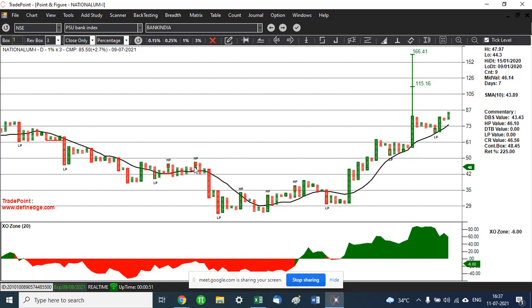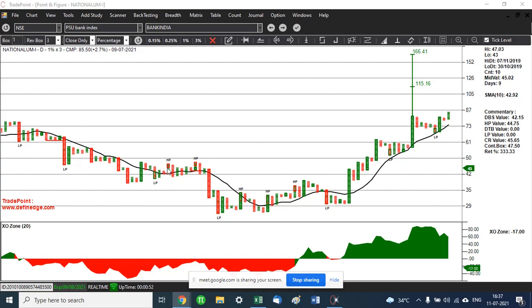Like in the candlestick chart, we say sometimes it's doing a double top or a triple top, so we call it a significant top. This high pole can be considered as that. It need not necessarily always hold. For example, we can see here there was a high pole and the stock just went sideways. It did nothing. But at least it tells us not to be bullish on the stock anymore. Here we will not short until the stock is below the moving average and it generates a double bottom sell. But at least when the high pole is generated, we know that's a significant intermediate top. We have no reason to be bullish on the stock.